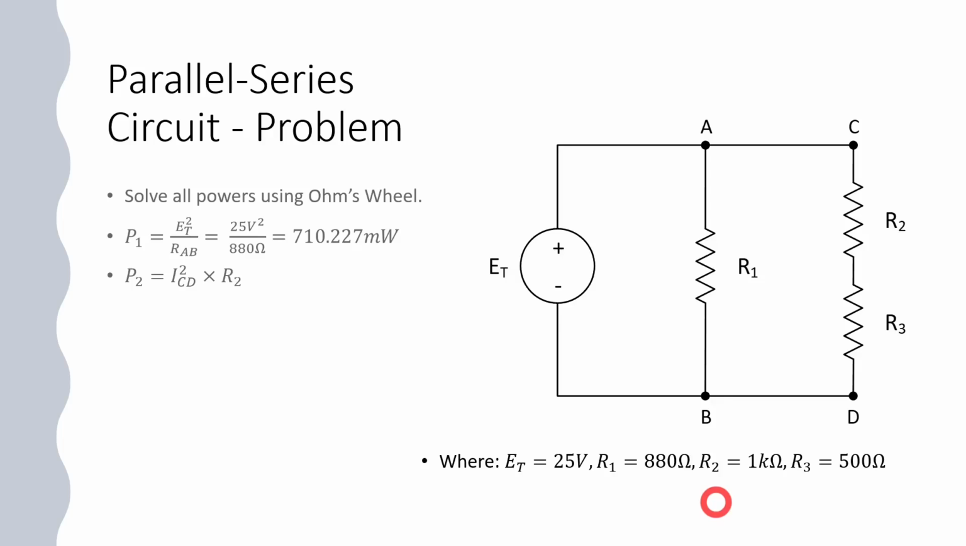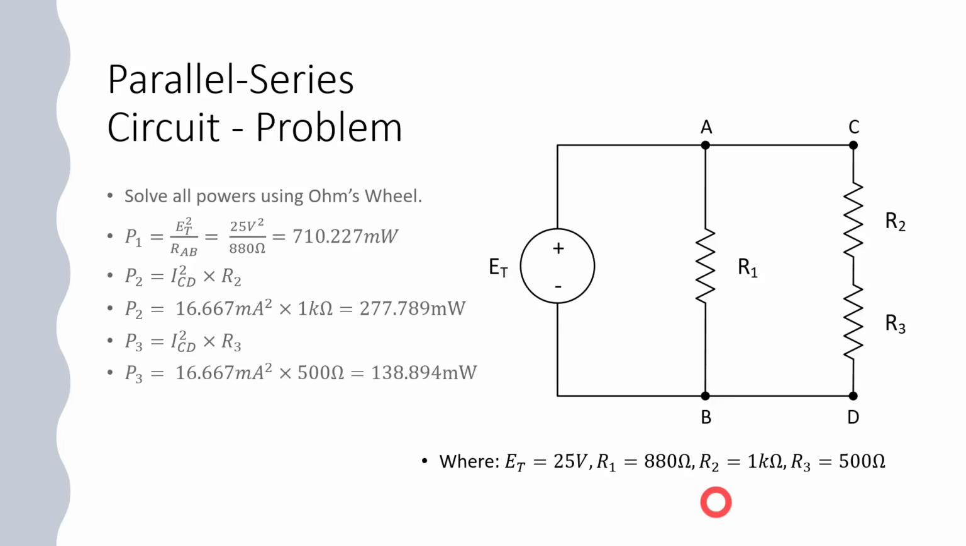Just to show a couple of different ways, I'm going to use a different formula for the power on R2. Now I couldn't use E total there, right? Because I don't have total voltage drop across that resistor because it's in series with another resistor in that branch. So I did have to use the total current. I could have actually used the voltage drop across there divided by R2, but I decided to use current instead. And so the 16.667 milliamps squared times the 1 k ohm equals 277.789 milliwatts. Okay. Going to use that same formula for the other component in that branch, and 16.667 milliamps squared times the 500 ohms is going to be half of the power that we had above there,